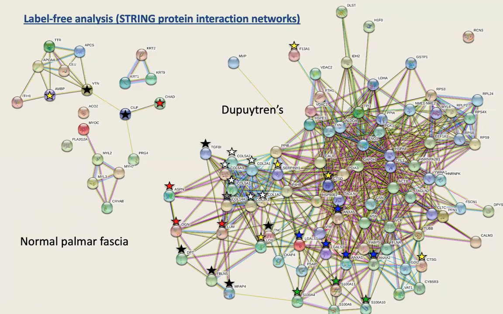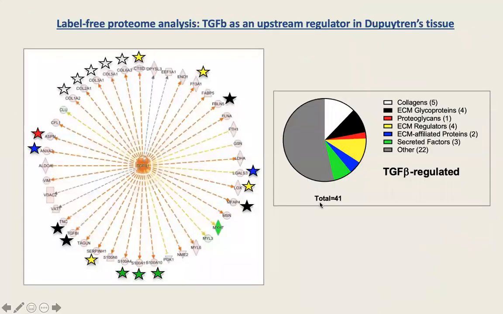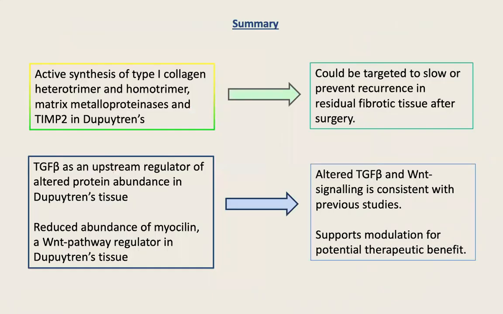protein-protein interaction network. So to try and make sense of this interaction network, we looked for upstream regulators using a program called IPA, and TGF-beta came out as one of the top potential upstream regulators of the different protein abundance in Dupuytren's disease. So in summary, we found active synthesis of normal type 1 collagen, heterotrimer, but also homotrimer, particularly